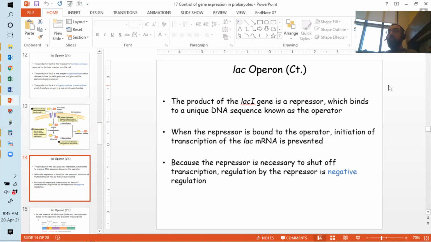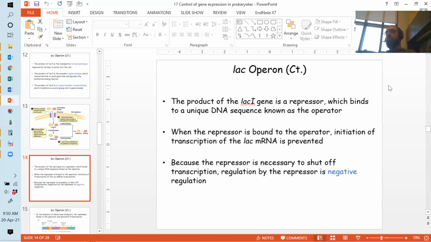In the lac operon, there's always something bound there. That something is LacI. Whereas in a lot of eukaryotic genes, which are generally positively regulated, there is nothing bound there. Only by the binding of something does that gene get turned on. So that's the subtle difference between plain positive regulation